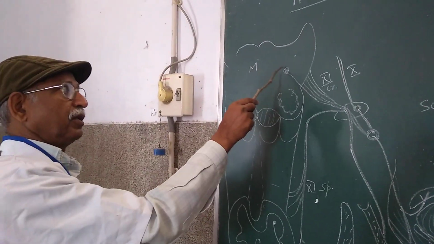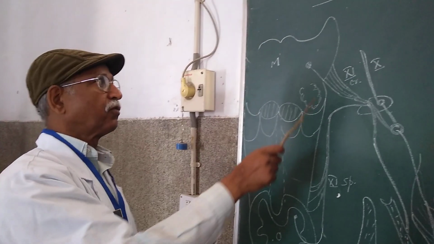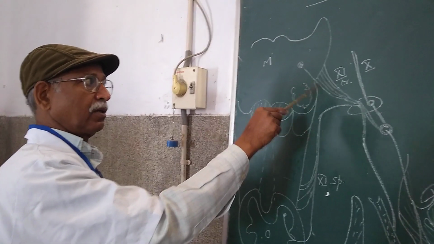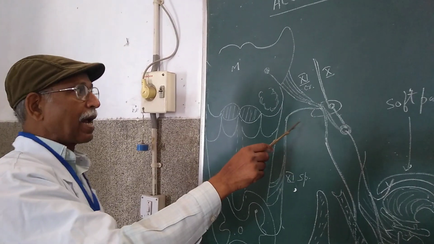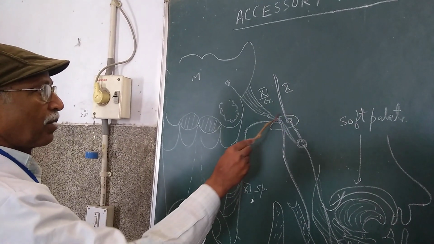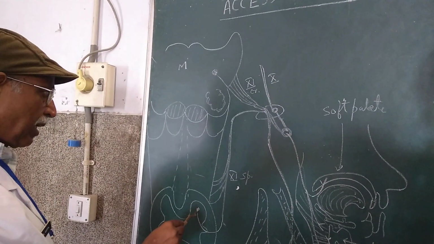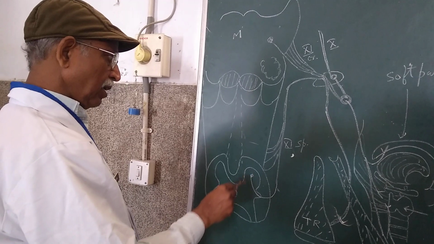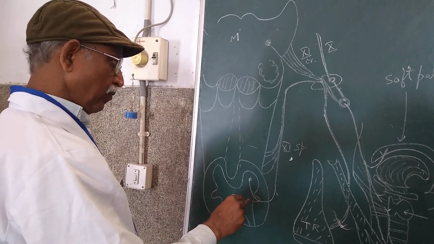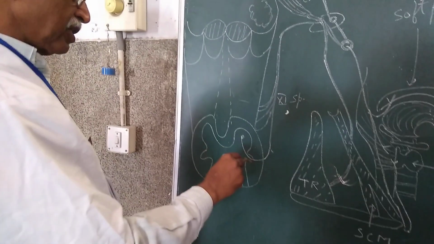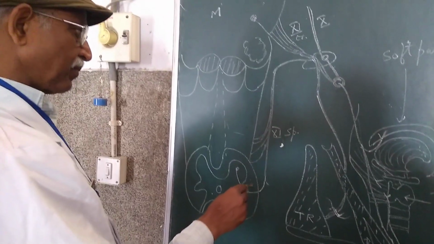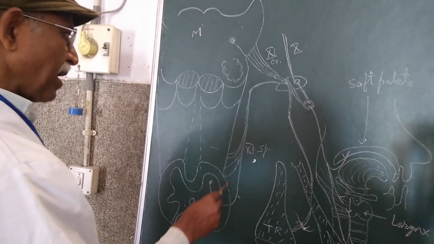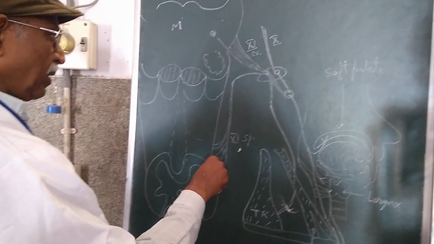From here, the fibers come out as 4 or 5 rootlets and emerge through the posterolateral sulcus and pass forwards and laterally towards the jugular foramen, whereas the spinal part arises from the anterior horn cells of the spinal cord and passes backwards and laterally and emerges through the lateral funiculus from the first, second, third, fourth and fifth spinal segments, ventral rami.